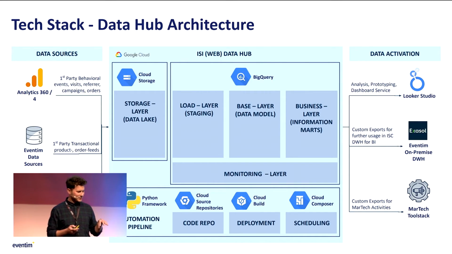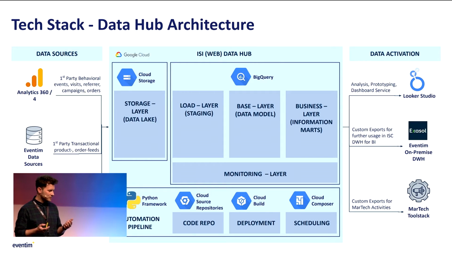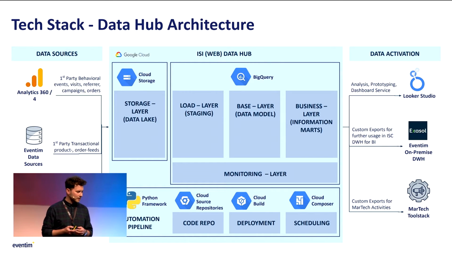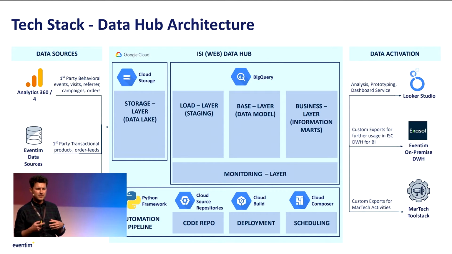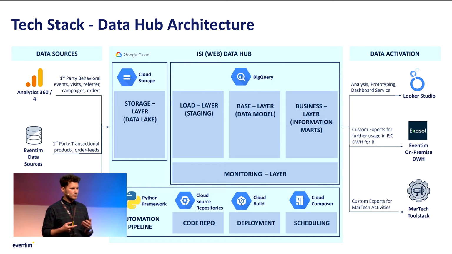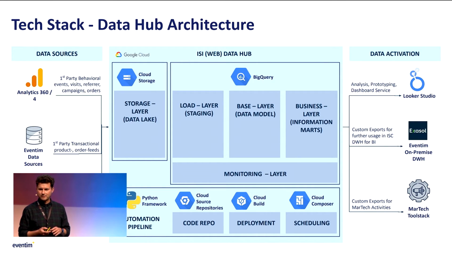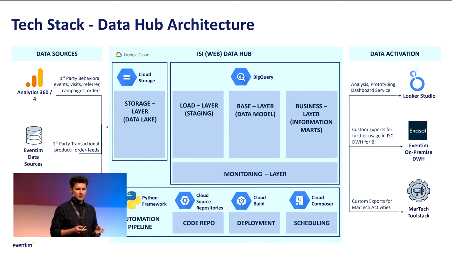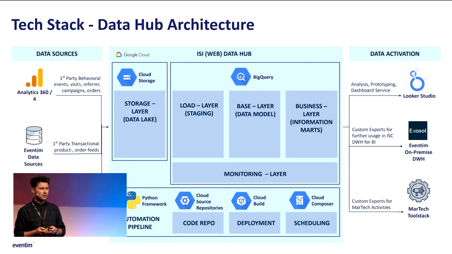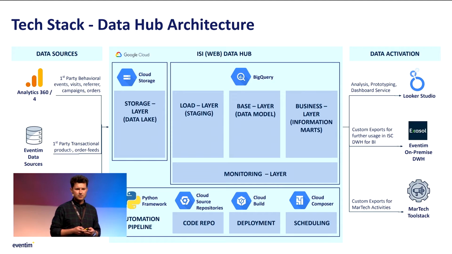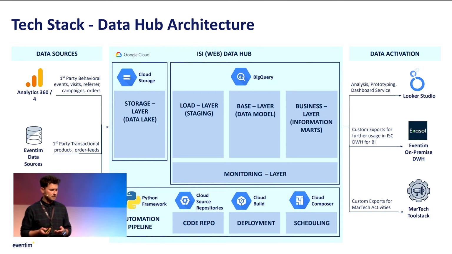Just to give you the whole picture, this is all done not initially, of course. This is done by people, but in the end we have an automation pipeline based on a Python framework. So the data aggregation is written in SQL, and everything else, so the trigger functions, is done in the Python framework. There we use also the cloud source repositories where we have all the code in place, the SQL code, and some of the Python code. We use cloud build to deploy the specific changes, the code changes or new code, what we need. And for the orchestration or the organization of all this stuff, we use Cloud Composer based on Airflow.